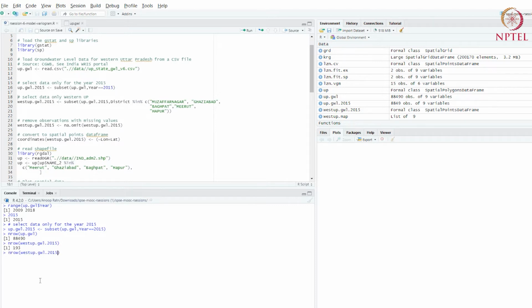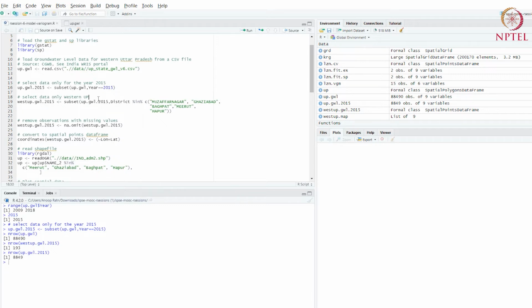Sorry, that's not what I meant to do. It's UP, yeah. So we have 8,849. So it's considerably less, obviously, because this is the data just for 1 year.